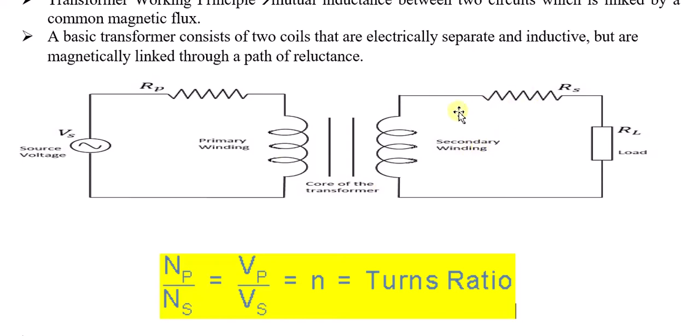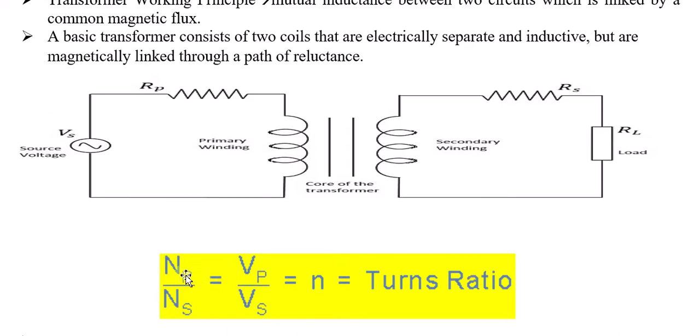Next, this is the resistance Rs, coming to the second circuitry. So this is the secondary resistance. This is a load finally, and here we will get the output of this circuitry after transformation. This is how the complete circuit diagram works. I hope it is clear. The electric power generated here will be transferred to the secondary circuitry. Based on this, we will now understand this particular equation, which is very important.